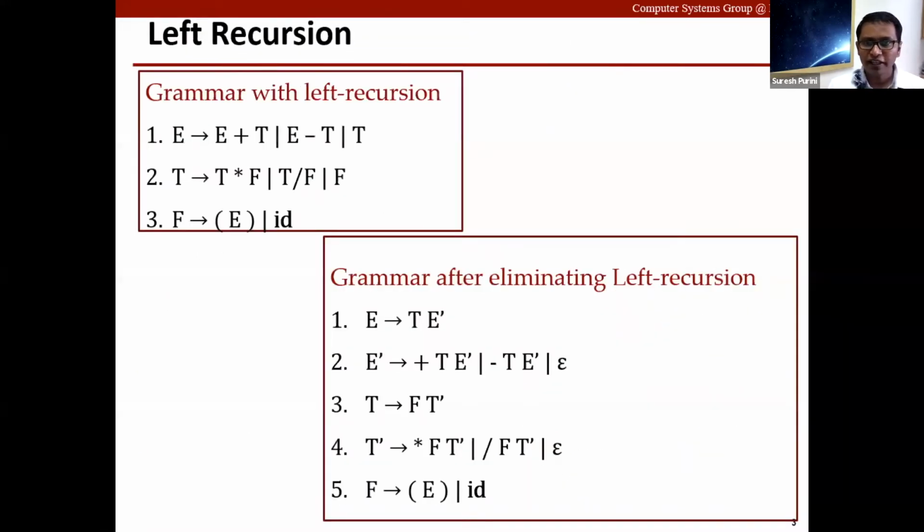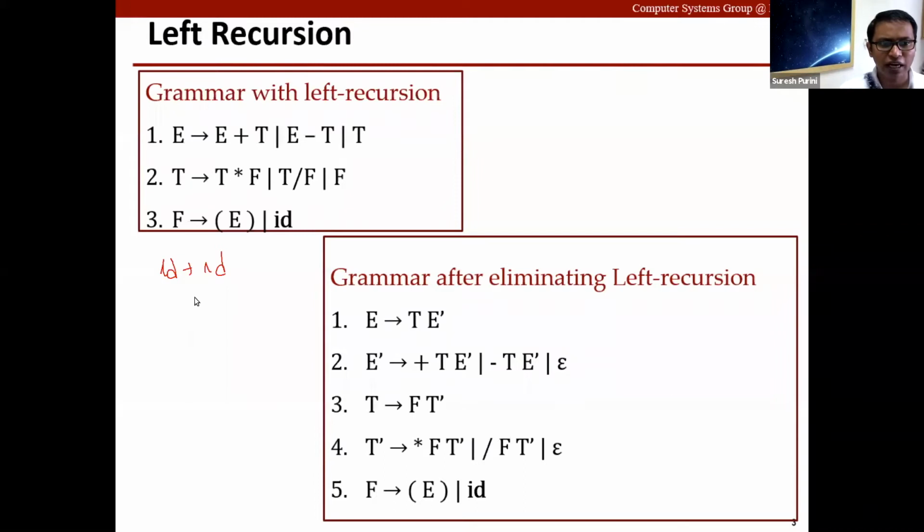So we will refine this approach further and see how we can eliminate backtracking in today's lecture. But before we go further, there is one important thing that we have seen. For example, if you consider the grammar on the top left-hand side, and let's say the input is ID plus ID, and you want to apply recursive descent parsing to check if the string ID plus ID is a valid string